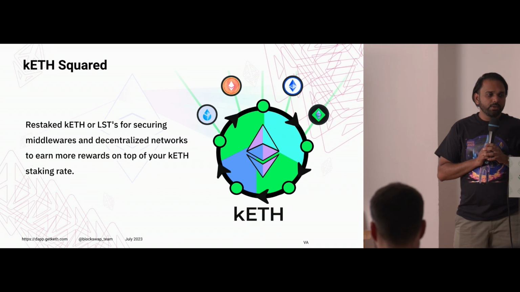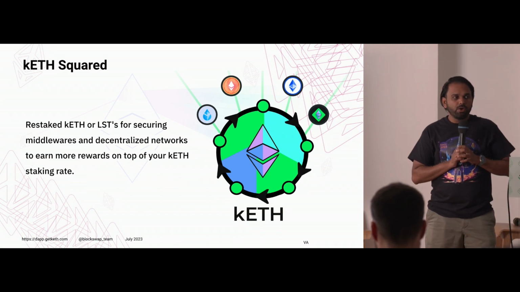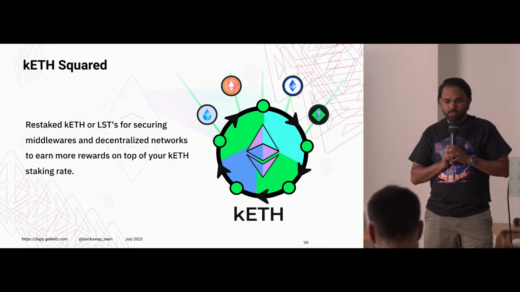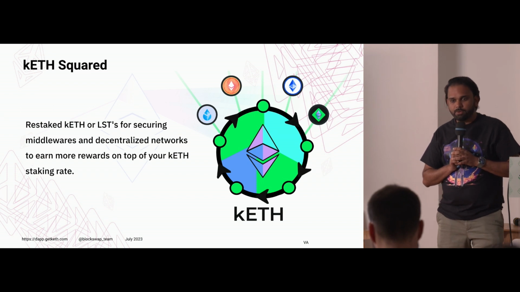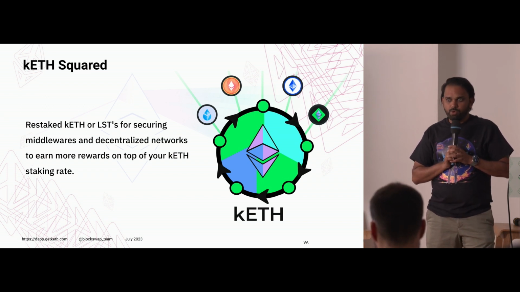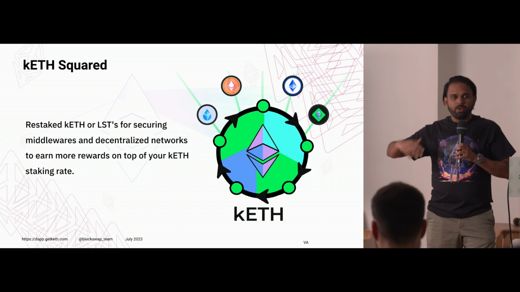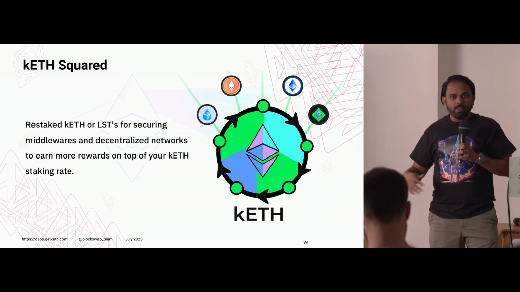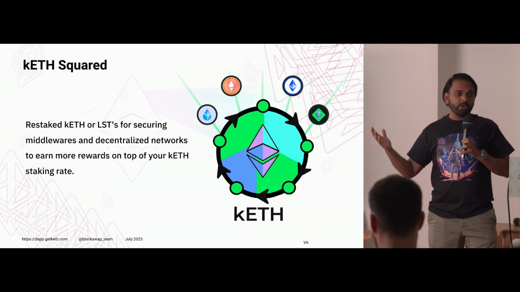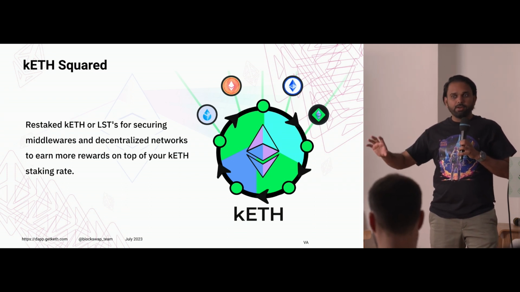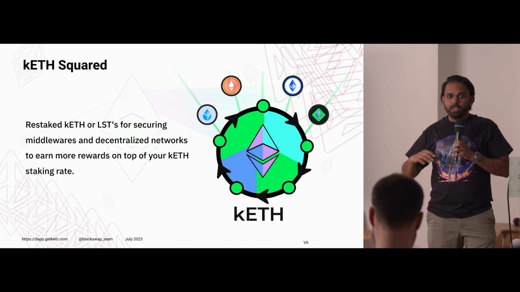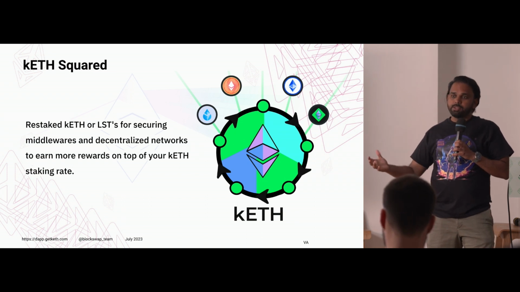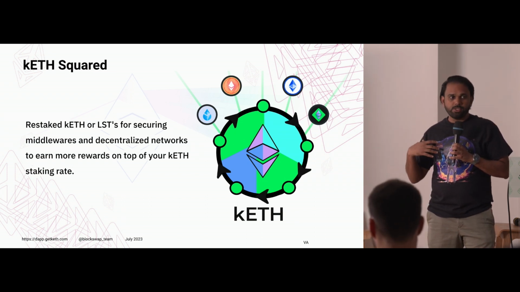Right. So how are we going to make this kETH much more attractive for a unique lending protocol called kETH Squared? So you have kETH. You have this kind of additional yield. You're happy there. You want to be more happy. Then what you need to do, you just need to click another button, and then you say allow lending. So you can lend it for other middlewares to borrow from the staking position.